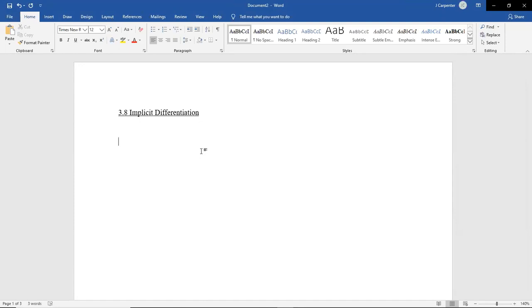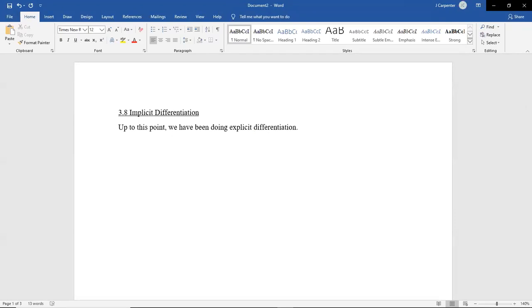But implicit differentiation. Up to this point, we have been doing explicit differentiation. I don't mean explicit as in explicit content. This is a CD you can't buy without parental units with you. Explicit means direct. Implicit means kind of indirect. Sometimes people say explicit is more obvious, implicit is more implied. There's a couple different ways you can interpret these words.